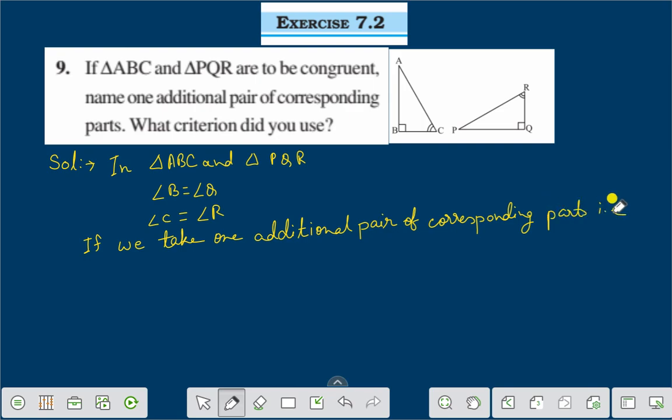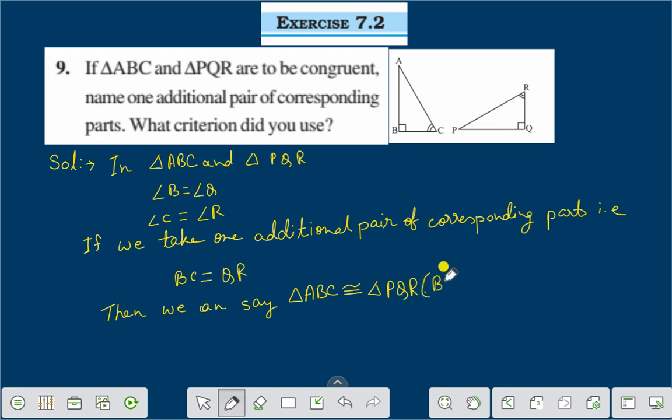that is BC is equal to QR, right? Then we can say triangle ABC is congruent to triangle PQR, right? The criterion is angle side angle